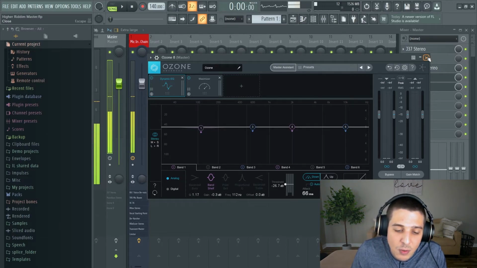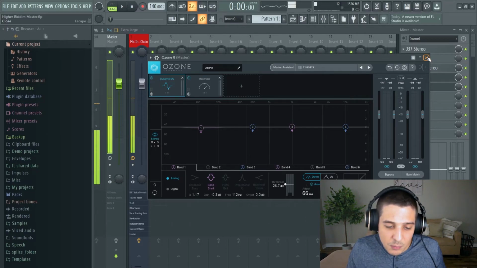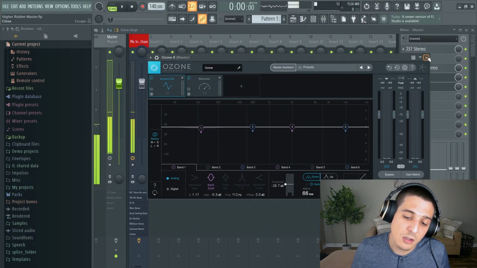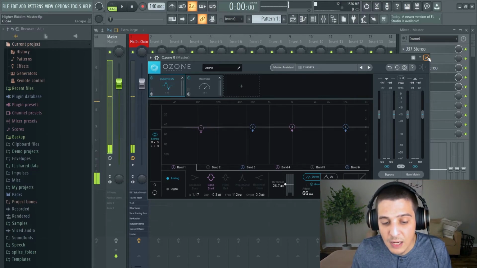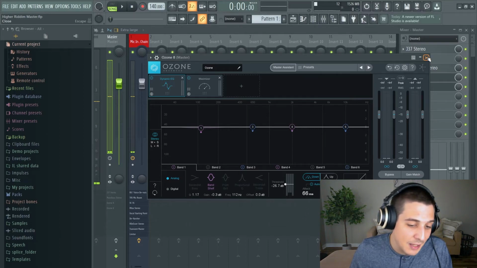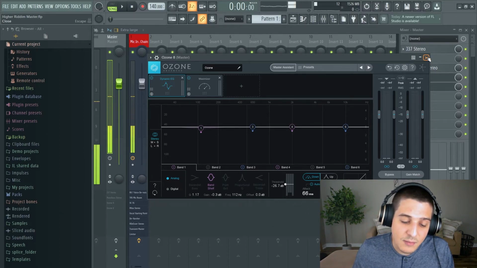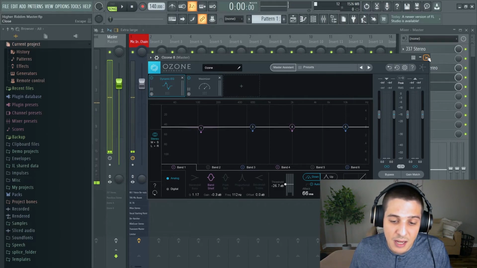When you're mastering, you don't want to do big moves. You're not mixing. Even mixing, you don't want to do big moves. But when mastering, you generally want to be a lot smaller on the moves you do because you're affecting everything as a whole. So anything you do is going to affect another instrument. So if you hear that the sample's way too bright and you start turning that down without even noticing it, you can dull out the drums, and things like that. It's better to have them send you a mix back that's better and more balanced than for you to try and balance it yourself.